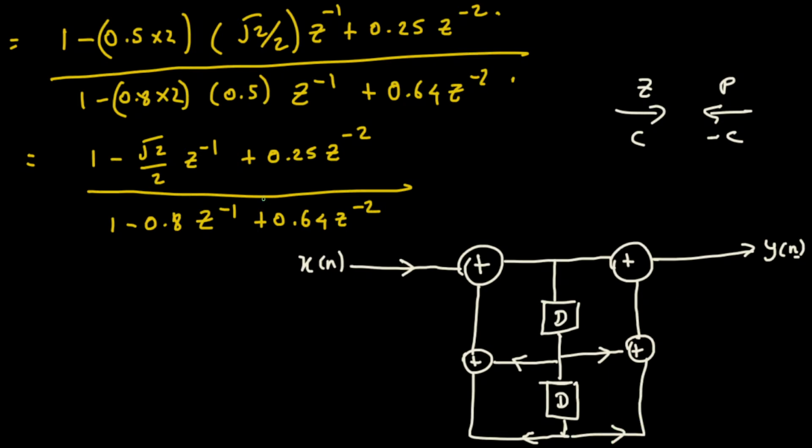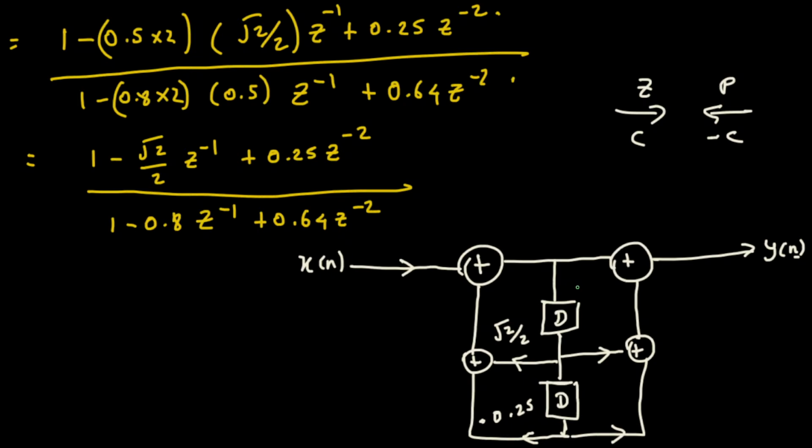And then we look at the coefficients. So here we have poles here, and for the pole we have root 2 by 2. For the poles, the sign will be opposite. So if it's a negative here, it's going to be positive here. So root 2 by 2, and then this is going to be 0.25, and this is positive 0.25. So we put a negative for this. And for the zeros, we keep the sign as